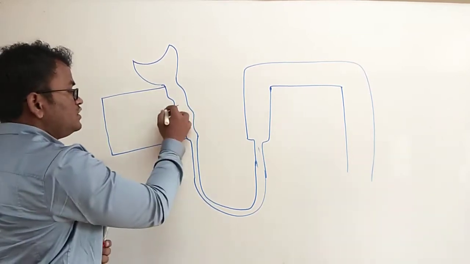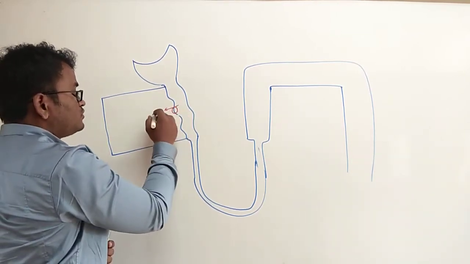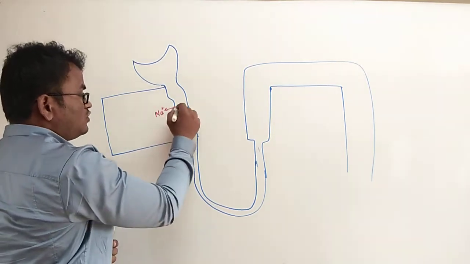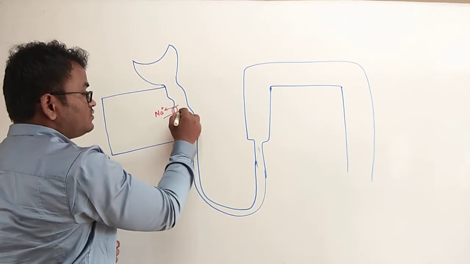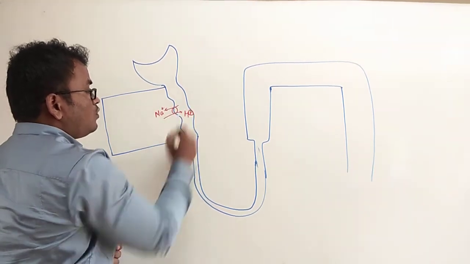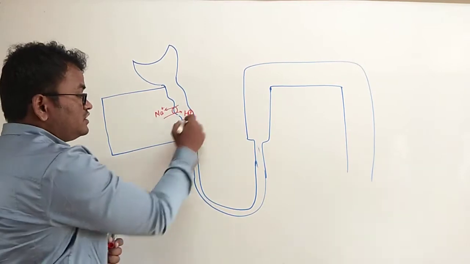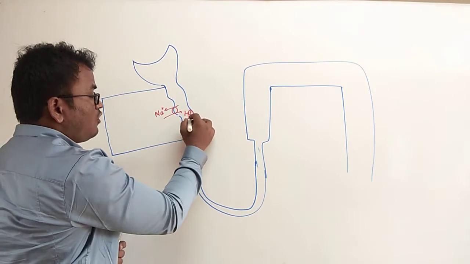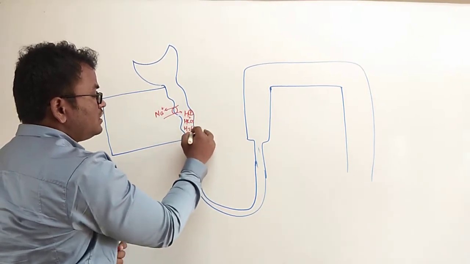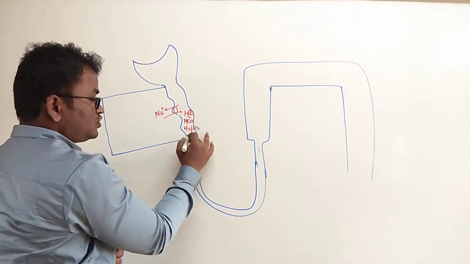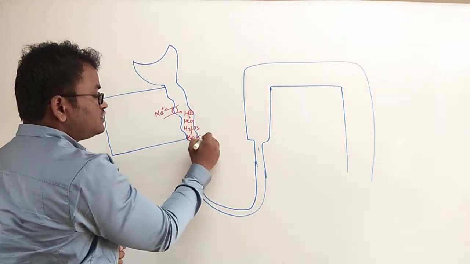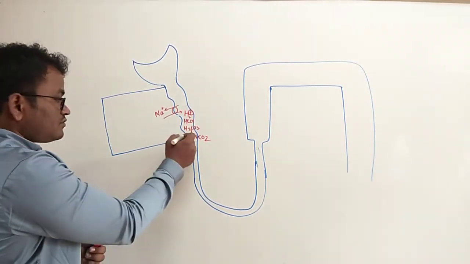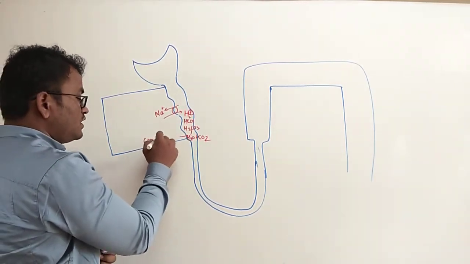Here we see the sodium hydrogen pump. It drags one sodium molecule from the luminal side to the cell, and from the cell one proton comes back. This proton combines with HCO3 and forms H2CO3. Then carbonic anhydrase splits this H2CO3 into H2O plus CO2. Okay, these points we covered in the last lecture.